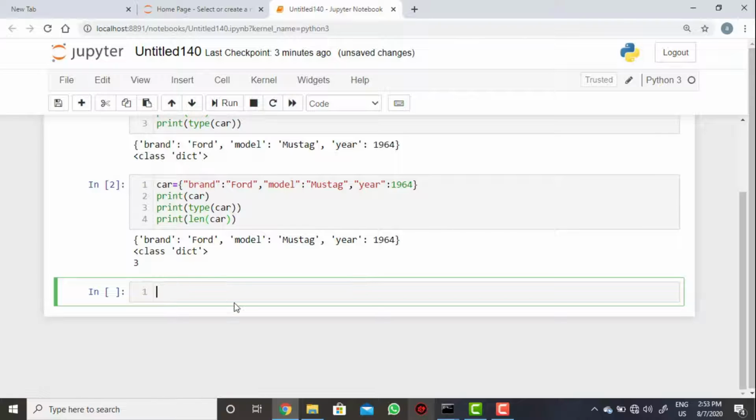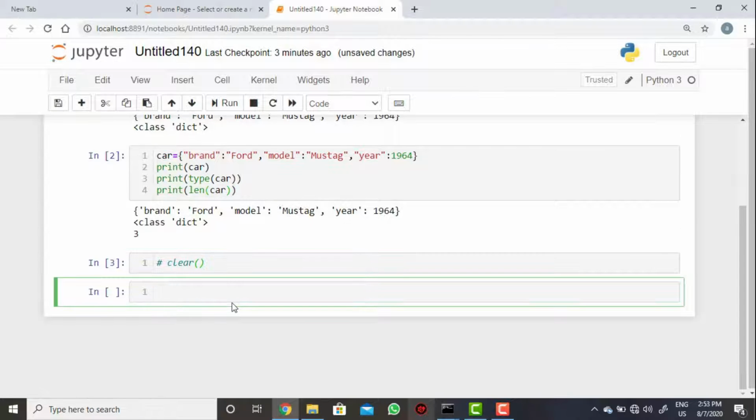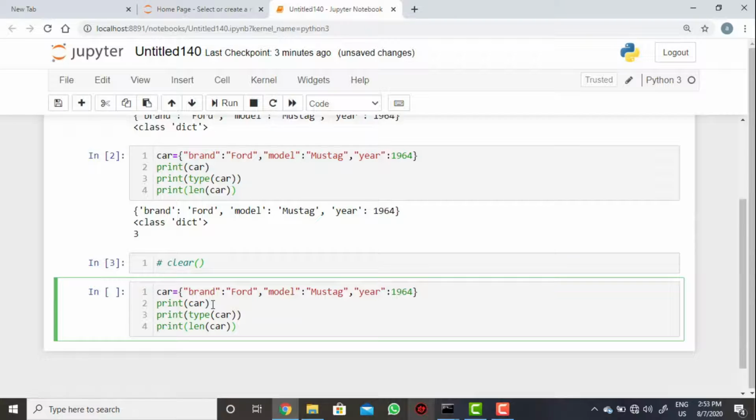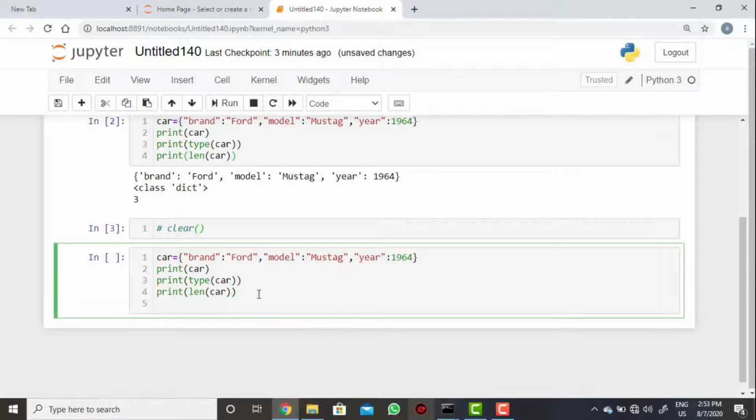Now when we use the clear method here, let's see. I am just taking the whole example, then I am taking dictionary dot clear method.